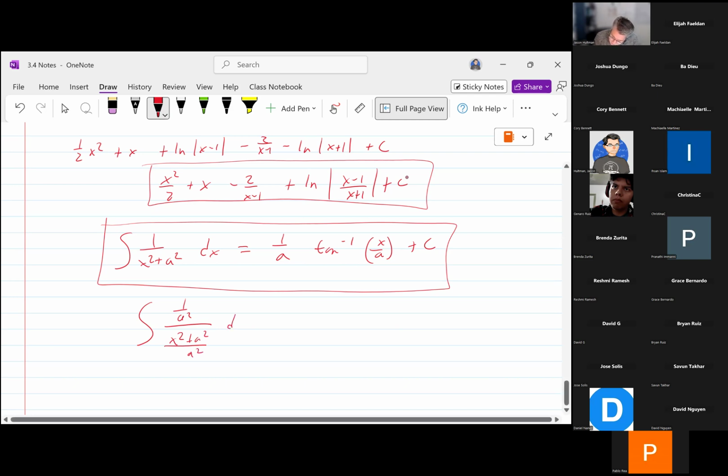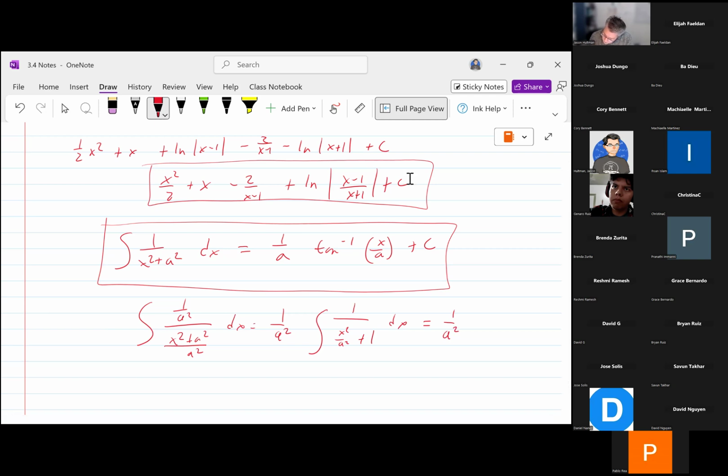What I would get is I could pull this 1 over a squared on the outside, and I would get 1 over x squared over a squared plus 1 dx, which becomes 1 over a squared times the integral of 1 over x over a